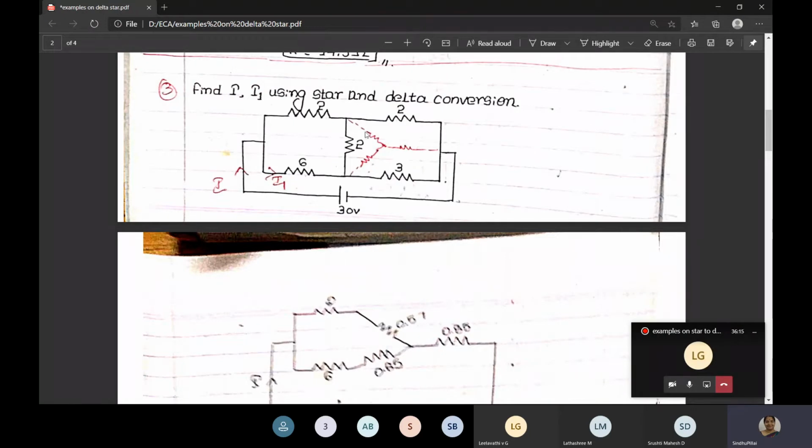Okay, so for this network, if I want this branch, I want star network. So delta is to be multiplied, that is 2 into 2 divided by 2 plus 2 plus 3. I'll get this branch. It is nearly 0.57. Okay, if I want this branch, it is 2 into 3 divided by 2 plus 2 plus 3. We have to see where this branch meets. It meets between 2 and 3. Okay, it comes between 2 and 3. So 2 into 3 divided by 2 plus 2 plus 3.